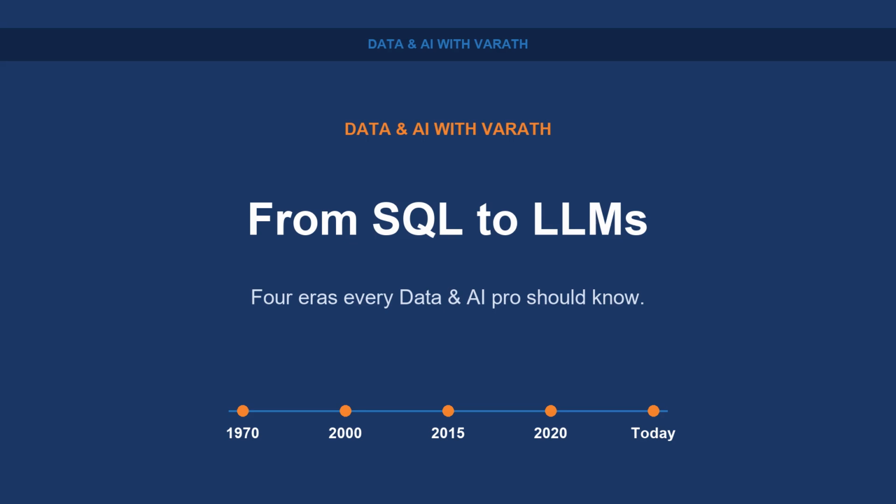50 years ago, there were no databases, just files. Then in 1970, Edgar Codd publishes a paper at IBM that splits the data world in half and changes how every company on Earth keeps records.